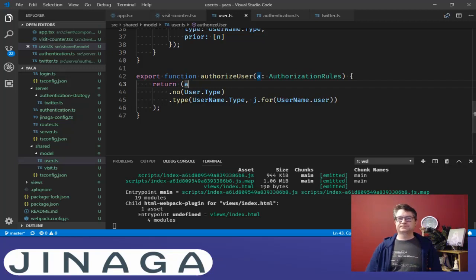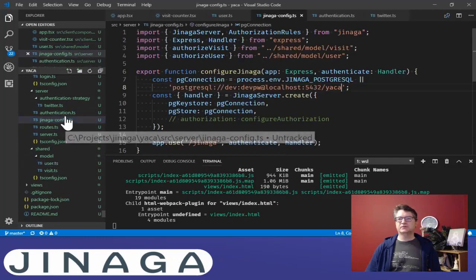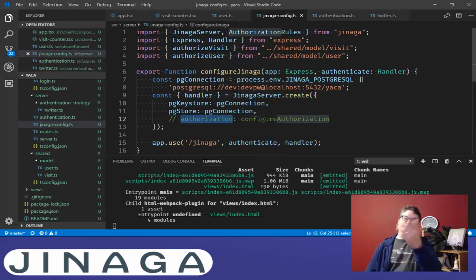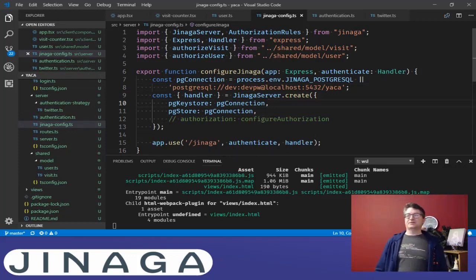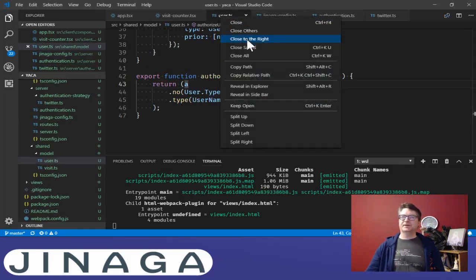And the bug that I'm referring to, right here we're working around that bug by not setting the authorization configuration. So once we get that bug fixed, then we can turn that on. We'll talk about all that. But that's not what we're going to be talking about today. Today, we are talking about